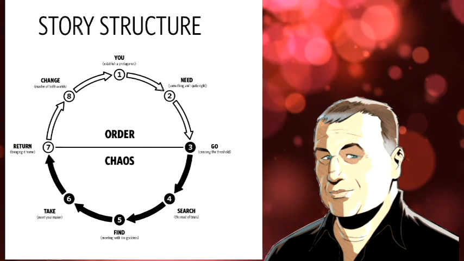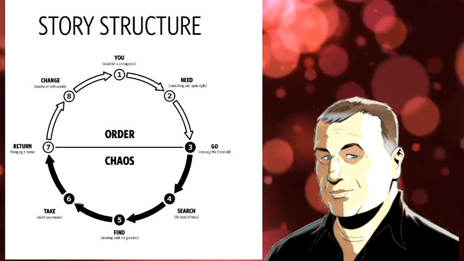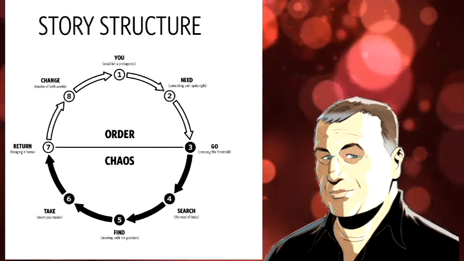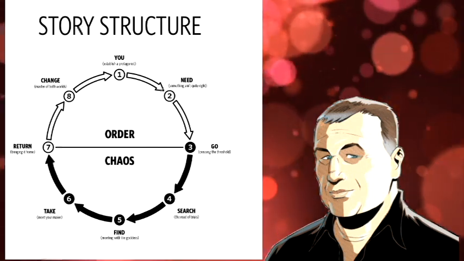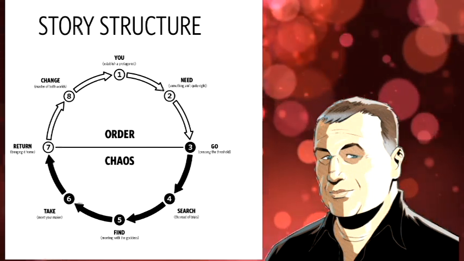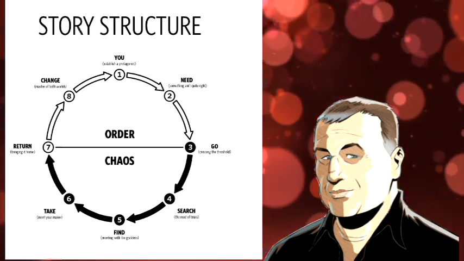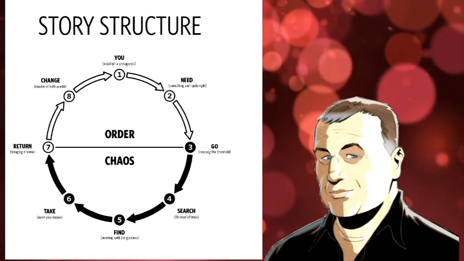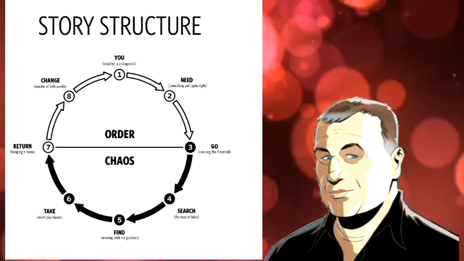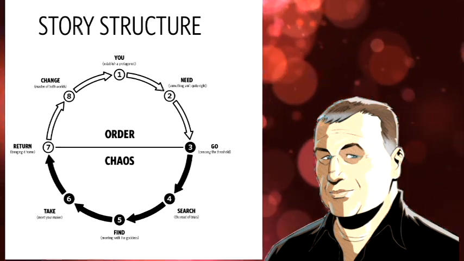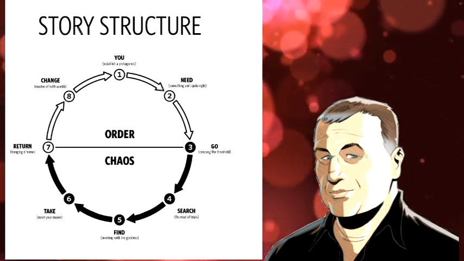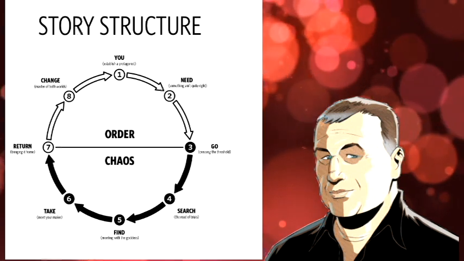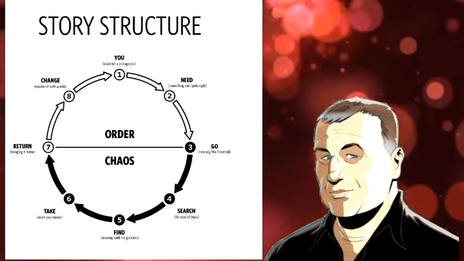So each choice is pushing them further and further along towards more danger, whether they realize it or not. And this is where you have to make it more exciting. This is where your character is revealed through their actions, through the choices they make. It gives the audience a chance to understand who they are and what they are about. This is a great opportunity for you to really do good characterization. So those are the principles that you should think about when you're doing this part of the story. The stakes have to constantly be raised to make it more exciting, and the choices that your character makes give us more empathy for them if you do it right.